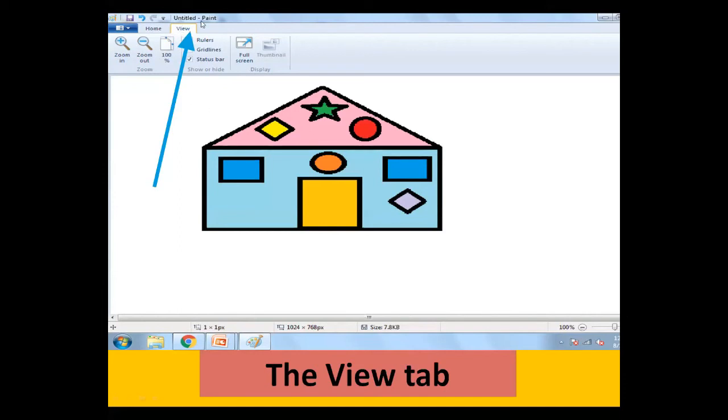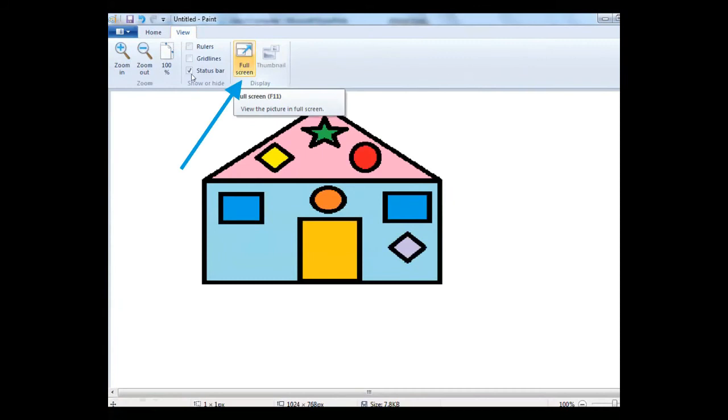When you click on the View tab, you will see the View tab is divided into different groups like the Zoom group, Show or hide group, and Display group. In the Display group, select Full screen.